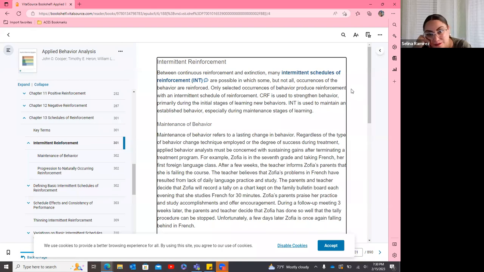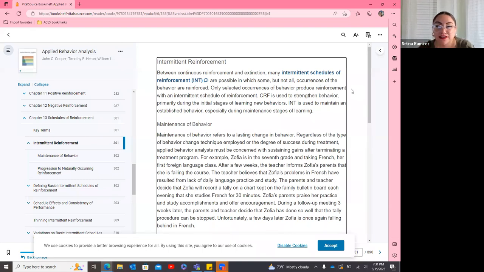Maintenance of behavior. Maintenance of behavior refers to the lasting change of behavior, regardless of the type of behavior change technique employed or the degree of success during treatment. Applied behavior analysts must be concerned with sustaining gains after terminating a treatment program. So I always explain to everybody how